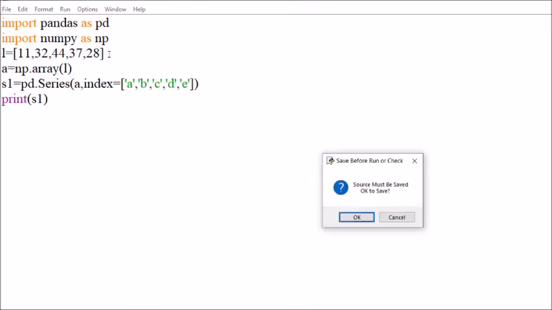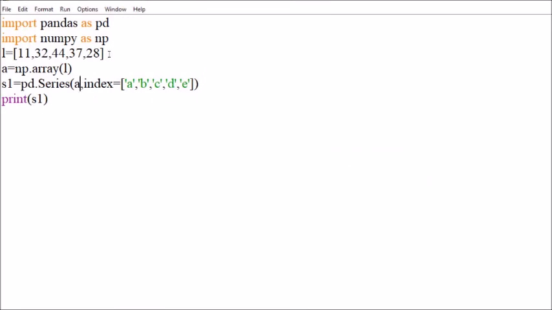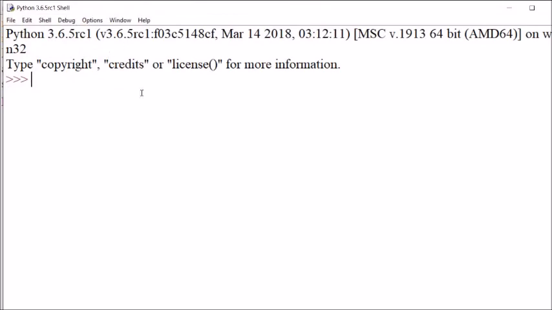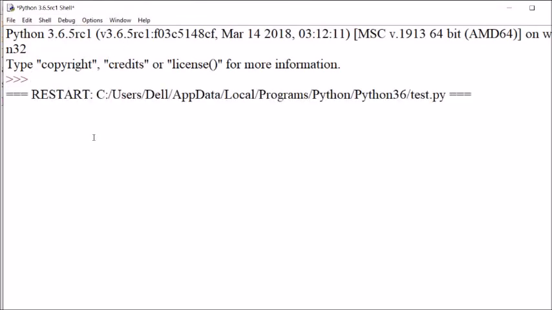Now you can run it. So the result will be the same, the only thing is that as an argument, rather than using a list, you have used an array. And when you are using an array, you can see the difference is the data type. The data type will be int32 because a numpy array takes less memory.